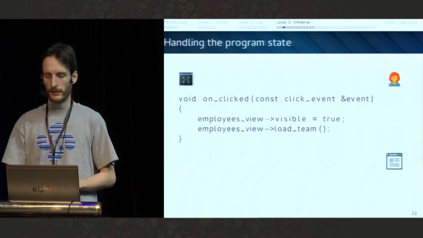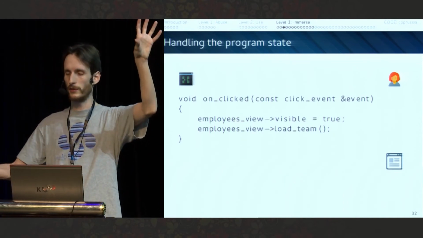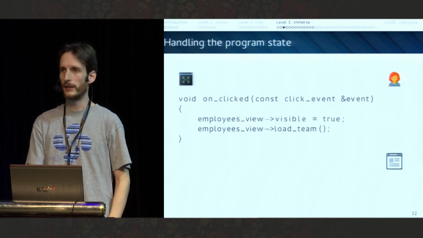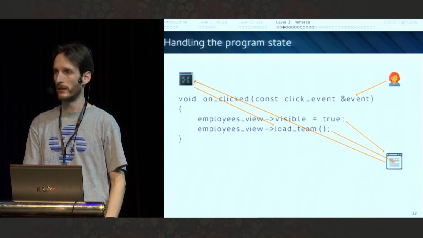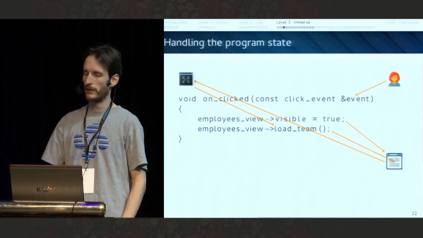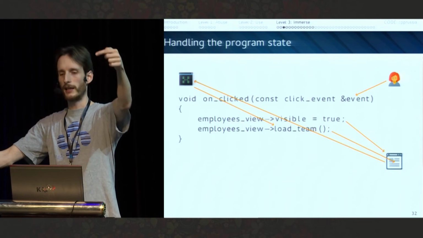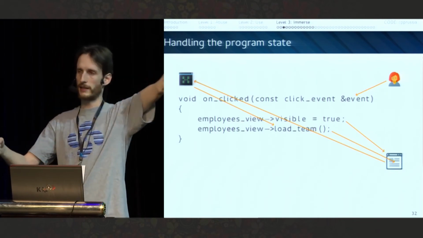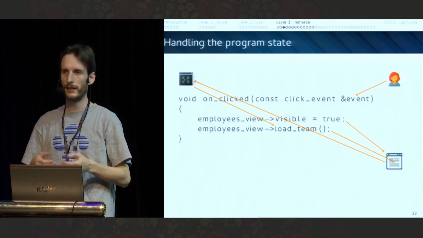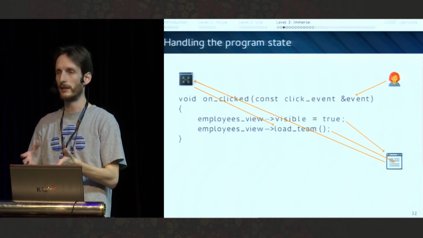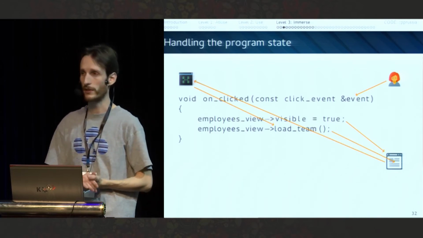So instead, when we have, for example, a normal application, it has a user, it has the program state and the UI. Just a simple thing that is called onClicked can have this many connections. So the user clicks on something, so the function is called. Employees view visible true affects the UI at the same time. The UI affects the state because it needs to load the data, and so it can be really tangled. So your components are not that divisible from one another. It's not a good encapsulation for the software.